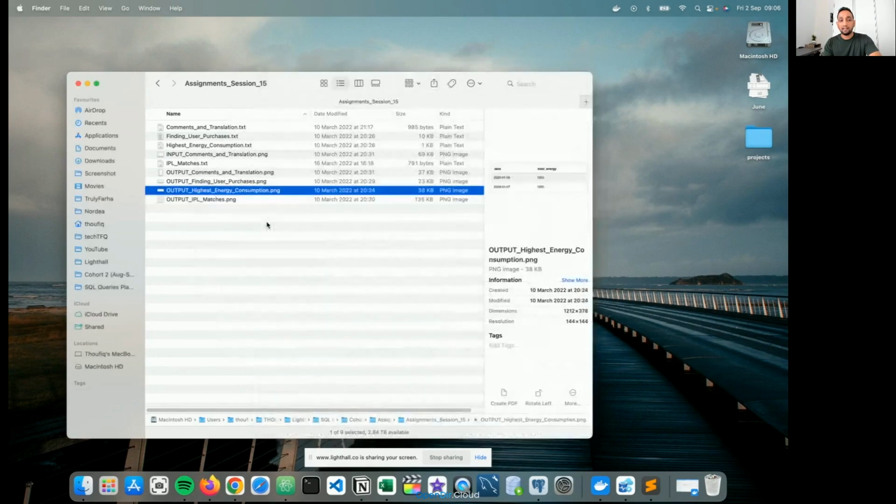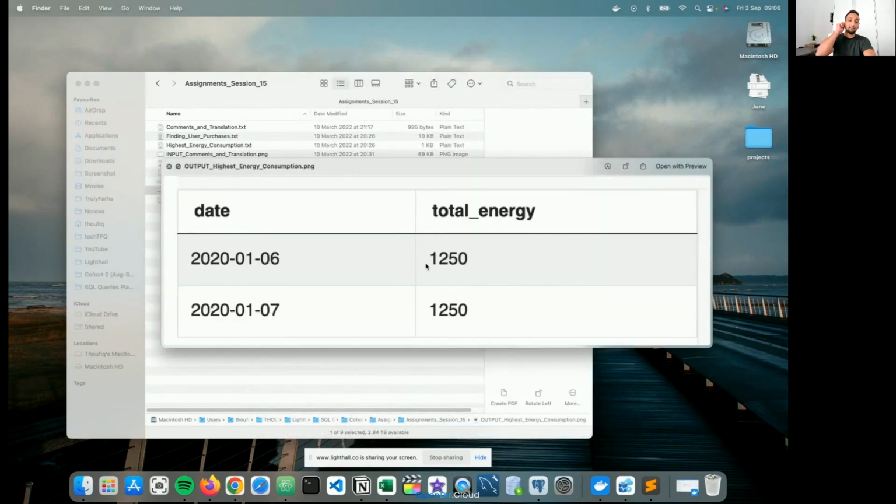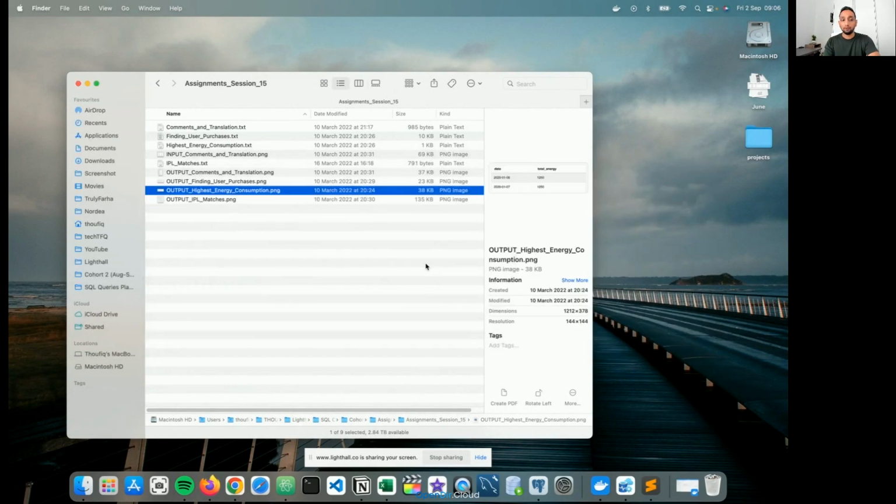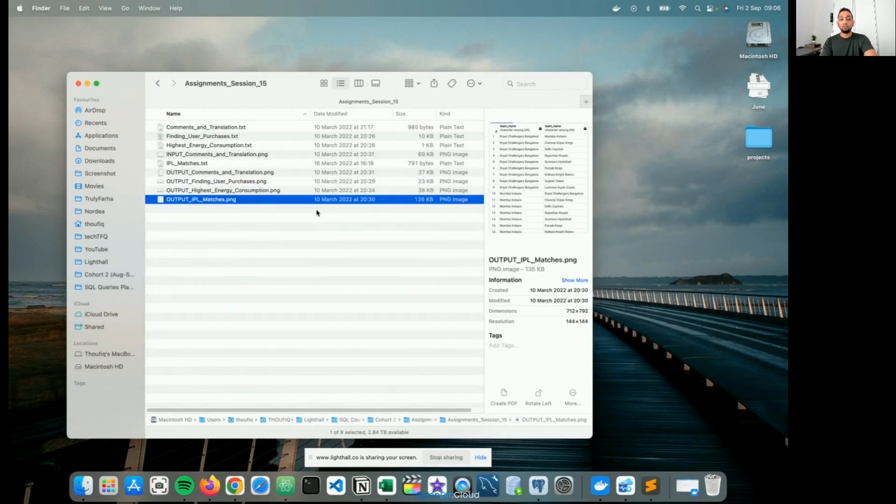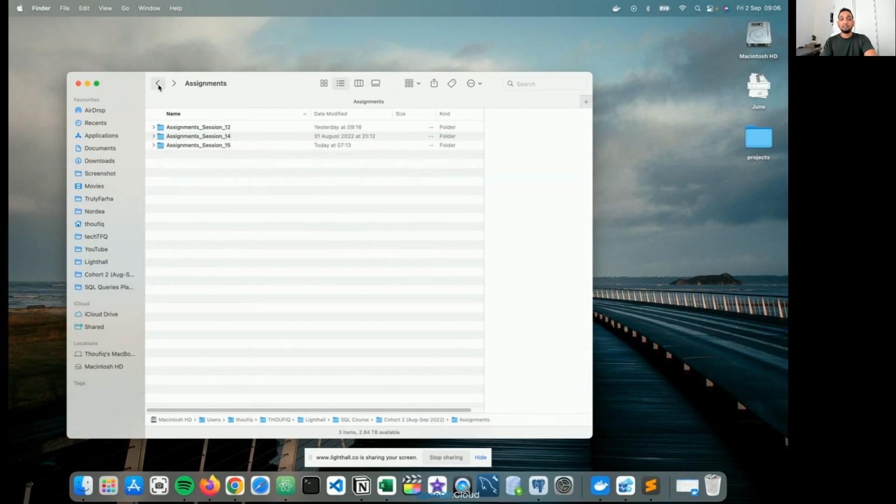I think the highest energy consumption we already solved in today's class, so you can ignore that one, but the other three you can solve. So three questions from this session and three from the previous session gives you six assignment queries. Try to solve them, and I'll give you the solutions and try to explain. You tell me out of these six questions which queries I need to solve in the class, and I will solve only those. I hope you can solve them before the next session. You have about 4 days, which is more than enough.